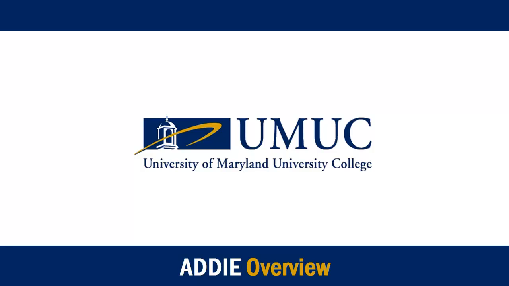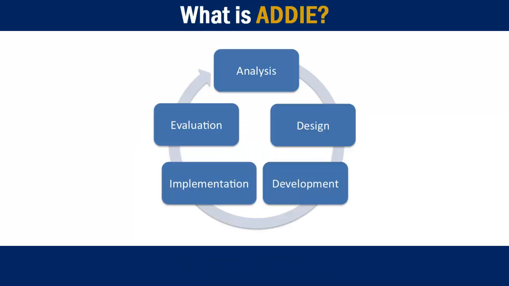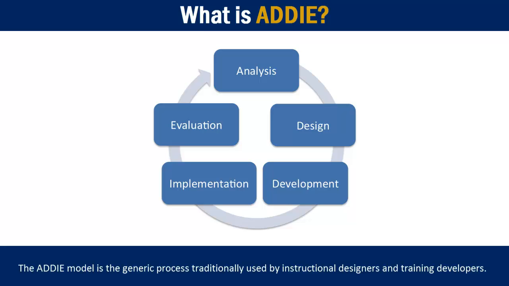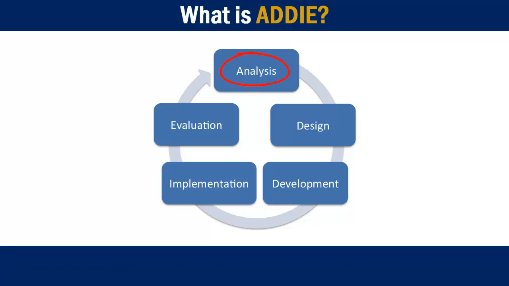By now, you've heard the acronym ADDIE, but have you ever explored the framework of this model? It's easy for an instructional designer to ask themselves, what is ADDIE? The ADDIE model is the generic process traditionally used by instructional designers and training developers. The 5 phases, analysis, design, development, implementation, and evaluation, represent a dynamic, flexible guideline for building effective training and performance